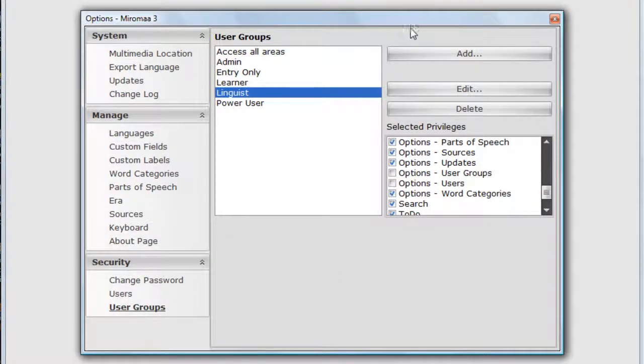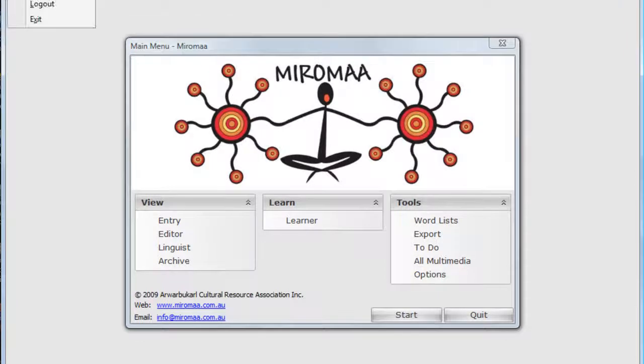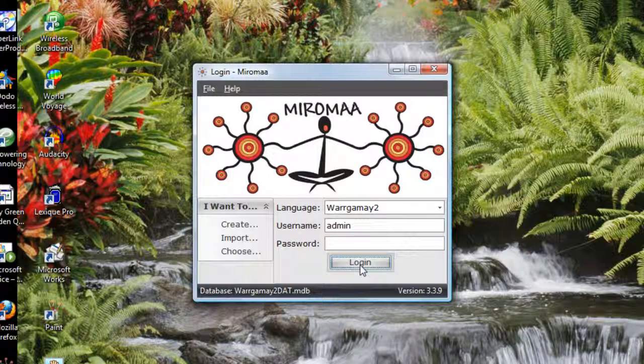So what I'm going to do now is just close that box, go up the top to the left to the File menu and click Log Out. I'm now on the login screen,